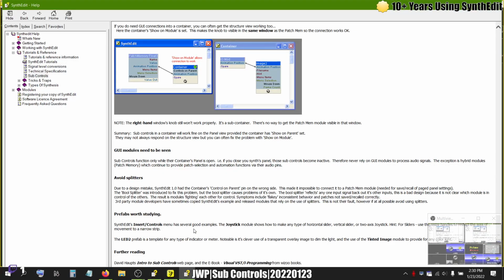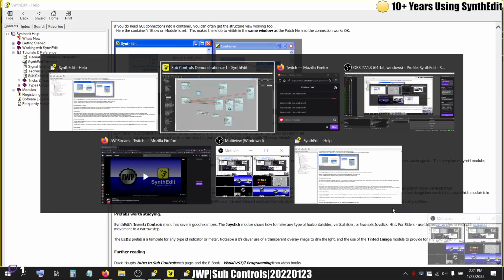It's a big one. Prefabs worth studying. SynthEdit's Insert Controls menu has several good examples. The joystick module shows how to make any type of horizontal slider, vertical slider, two-axis. Let me get rid of my